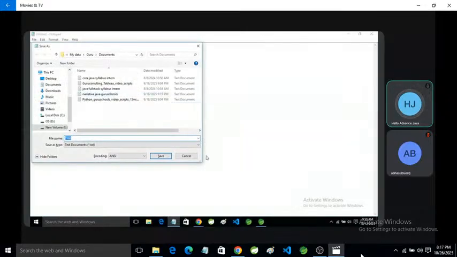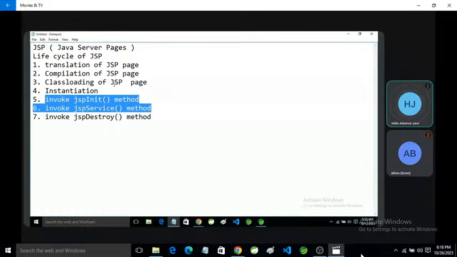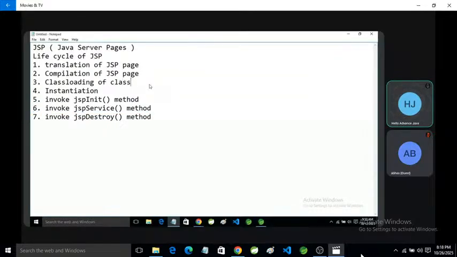After compilation, the class file will be generated. Then it will be loaded in memory. Then instantiation, meaning the web container creates the object of the class. Then jspInit, just like the init method of Servlet.